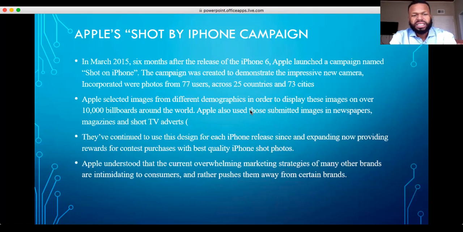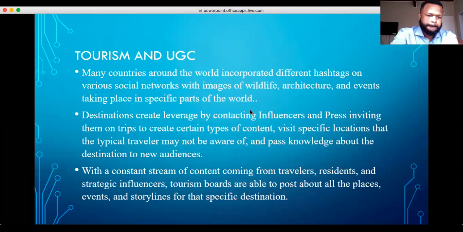They also used different TV advertisements. They continued this plan for each and every one of their iPhones afterwards. Now we have just started the iPhone 12, and it's really created recognition with people. And now they have contests, and people are getting paid to create user-generated content, which is also creating brand loyalty and customer engagement.